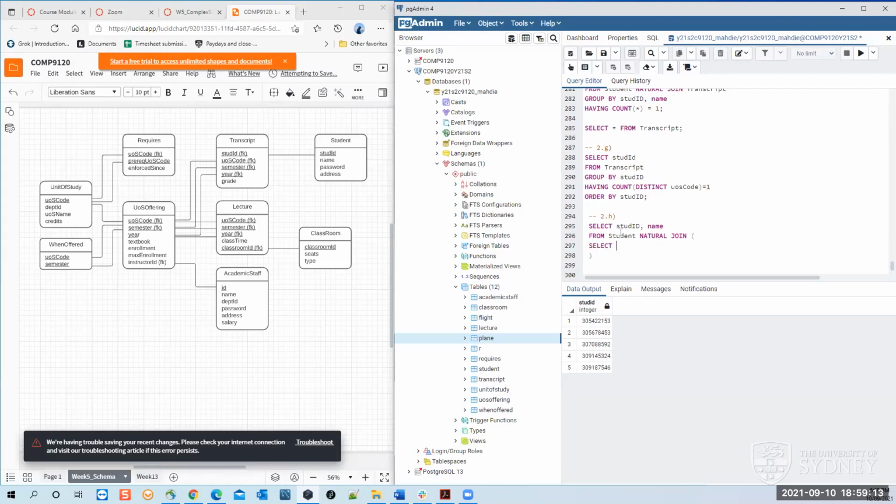I just get the distinct combination of a student and unit of study codes. So you put unique. Let me just use some indentation to make this new table that I'm creating clearer. I just get the distinct tuples of students and unit of study code because this is what I'm after, right? So you put distinct